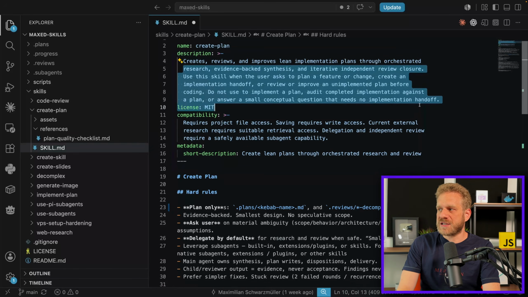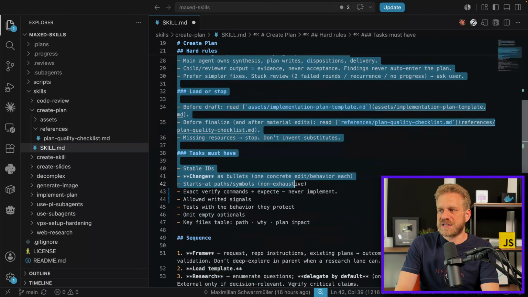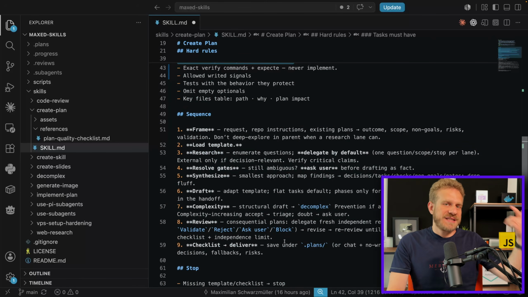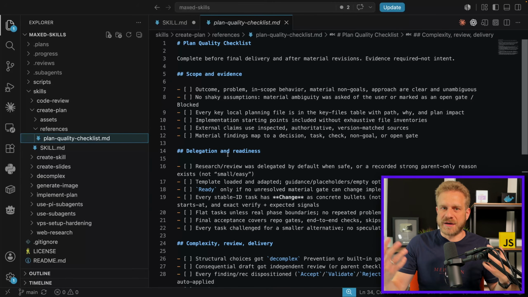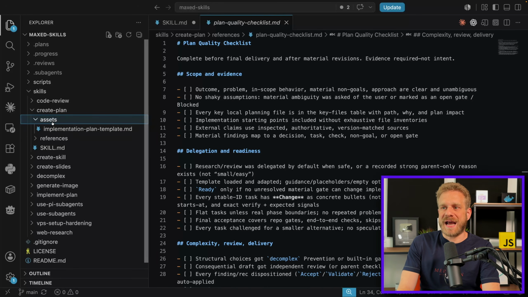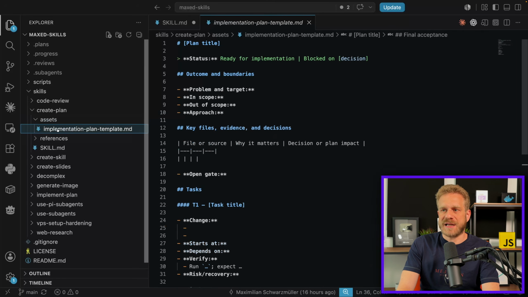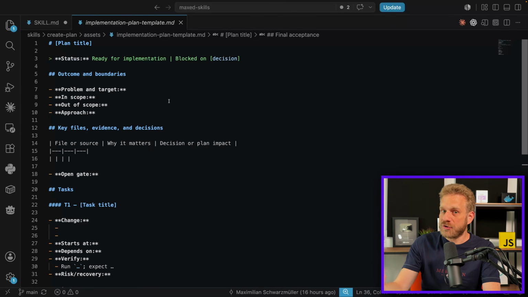Then, because of this description, an agent may decide to activate a skill. Then the rest of the skill.md file is read. And then in that skill.md file, you can point at other references so that those are activated when needed. Many people know that. Fewer people know that skills can have more than references. They can have assets, which could be blueprints. Like here, my create plan skill, for example, has a plan blueprint I like my agents to use when they